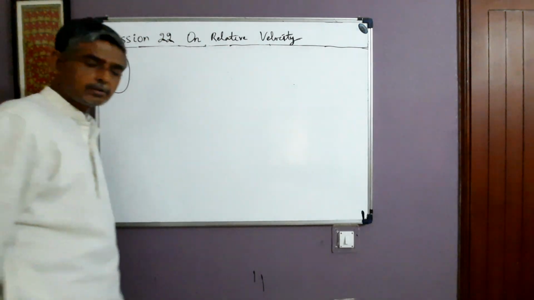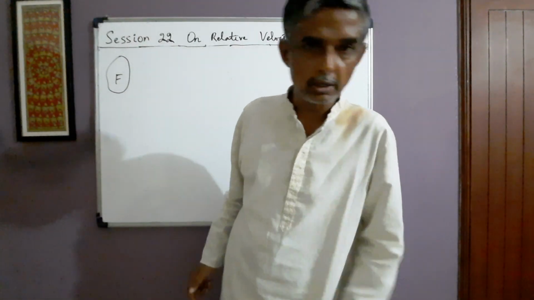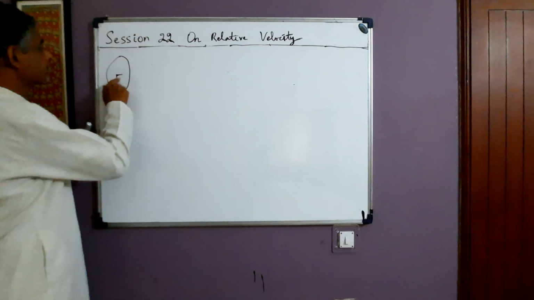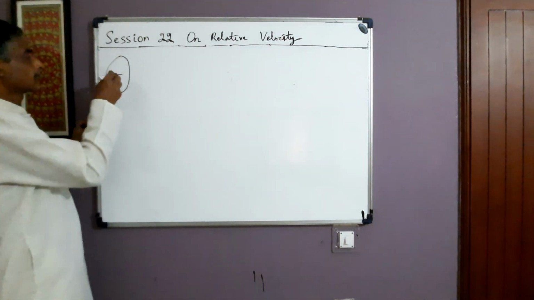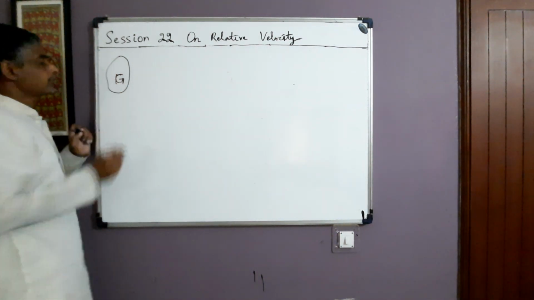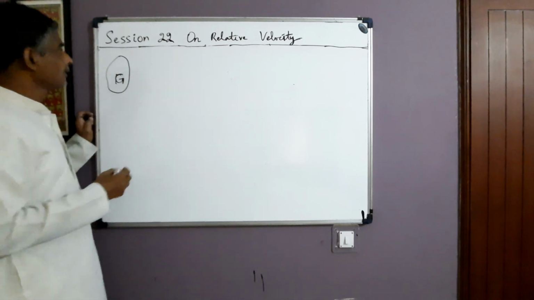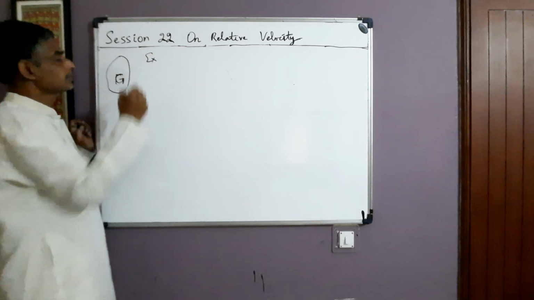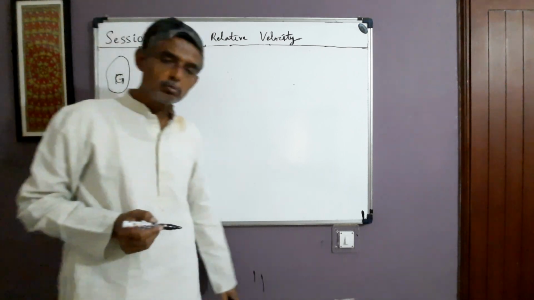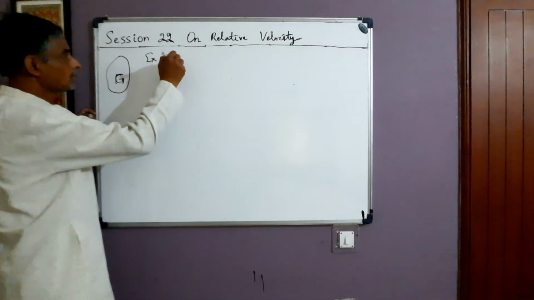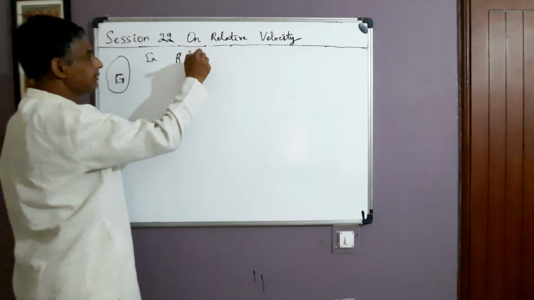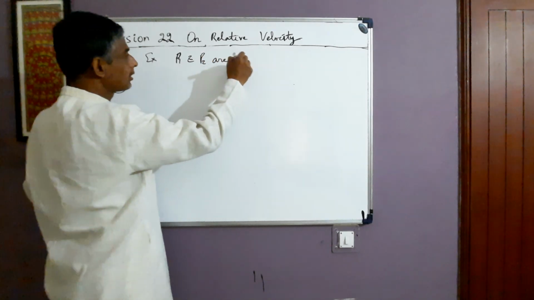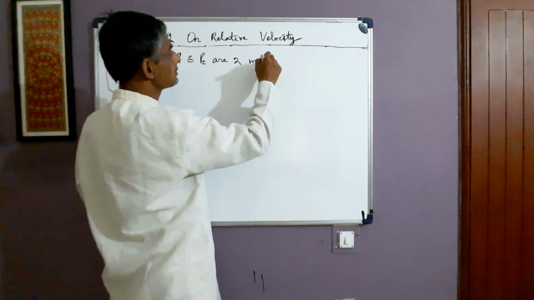So I'll take up an example to demonstrate the use of this formula. Suppose instead of F we have ground frame. Okay. So the question is this. P1 and P2 are two moving points